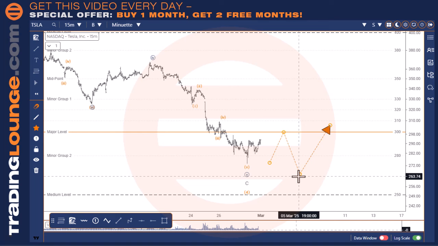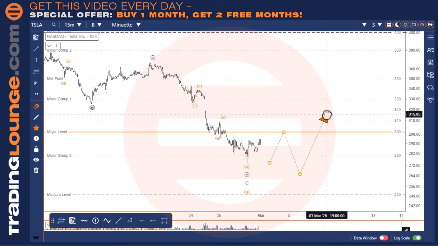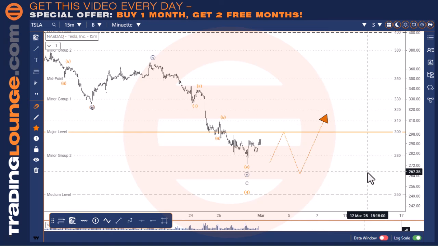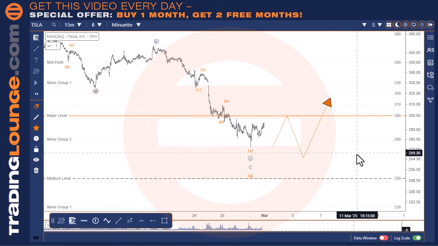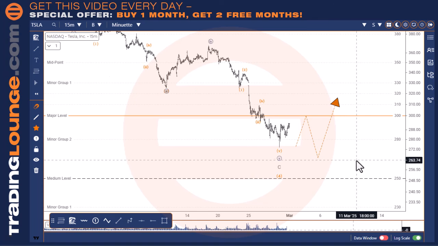We're better off being in the leading markets. The leading markets will end up ranging more, and they're better markets to trade. These will pick themselves up off the floor. I mean, Tesla's also been, well, you know what Elon's been up to, but this market should follow the rest of the markets. I just don't know if that low's in play just yet. And then we come over to